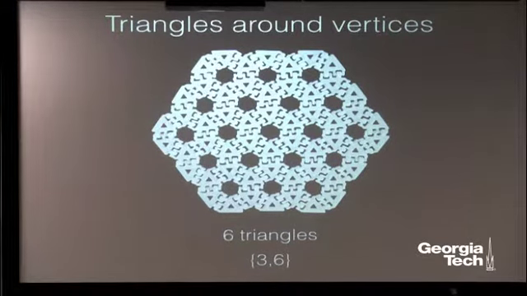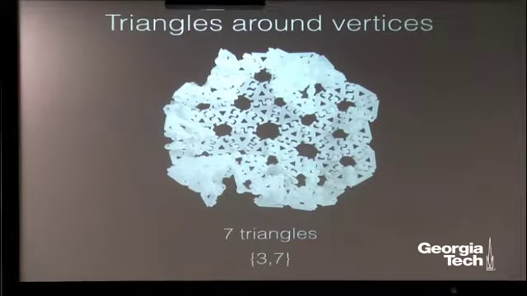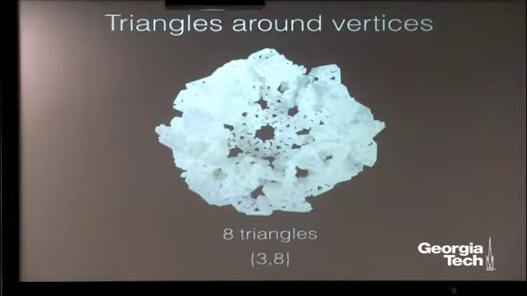So let's continue this pattern. What happens if I put 7? So I've got another little doily, and I can get 7 triangles. You can verify that there are indeed 7 triangles around every single one of those holes. Okay, excellent. And then I can do the same thing with 8. And you'll notice these get more and more ruffled as we go. So getting back to what this has to do with curvature.